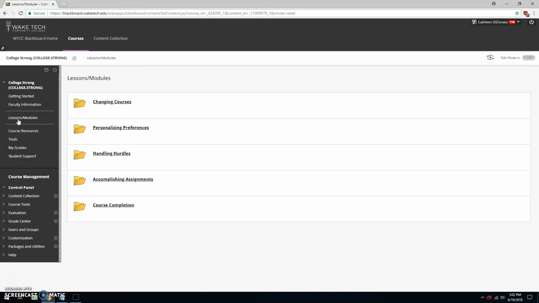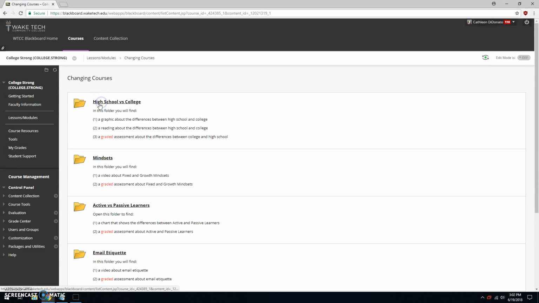So when you enter the lessons and modules, there are 5 lesson folders. The first lesson is changing courses. These lessons are all self-paced. You can enter them and do them as you please or as the time allows for it. You can do one a day. You can do more than one a day. So in changing courses, if you choose to start at the first one, you are going to click on this,